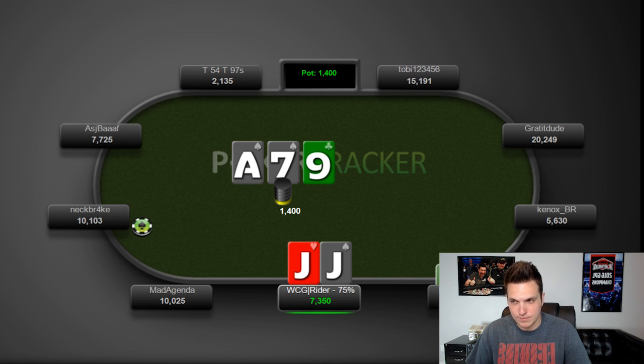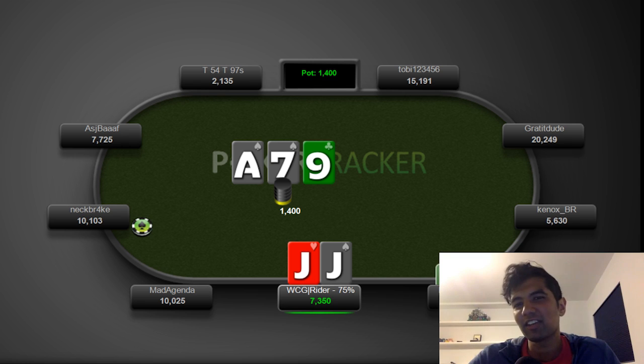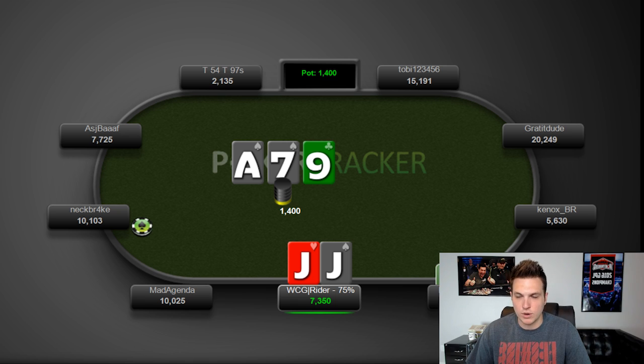What are your thoughts? I'm definitely checking. I don't think we need to worry about equity denial too much here. I think jacks isn't a hand we want to go for three streets. So I'm definitely just going ahead and checking and planning to play bluff catcher. What about you? Yeah, I think I lean toward a check too,